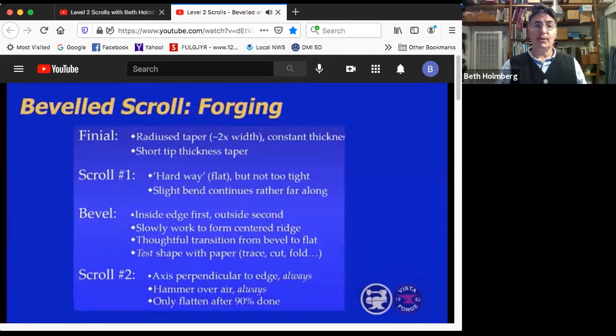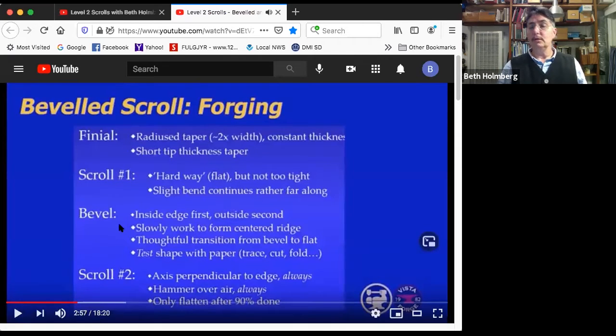So what are we doing next? We're going to bevel the surface that'll be the outside. You have to decide which way it's going, by the way, here. This is a decision moment. I'm going to bevel the inside first and the outside second. I'm going to slowly work to bring these two over to meet each other about in the center. Make sure the line that it forms is nice. And then as I work down the bar, I want to get a thoughtful transition from the bevel into the flat again. So let's take a look at the tooling